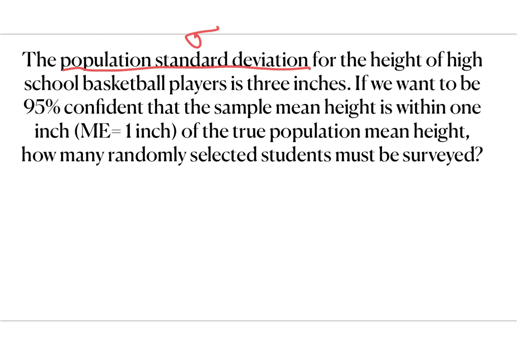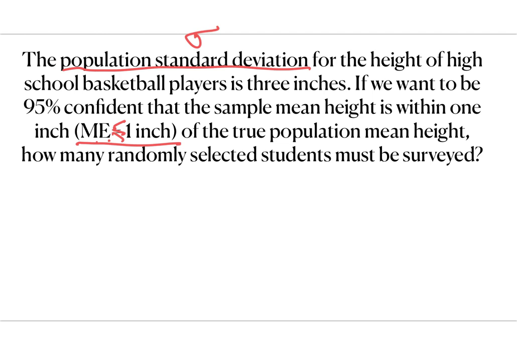The question then goes, if you want to be 95% confident that the sample mean height is within 1 inch, when a statement like that gets made, what they're talking about is they want the margin of error to be within 1 inch. And realistically, the better thing should be, they want the margin of error to be less than or equal to 1 inch. If it's better than 1 inch, then you're within 1 inch. If it's just over 1 inch, you're not within 1 inch. If you're exactly at 1 inch, then obviously,